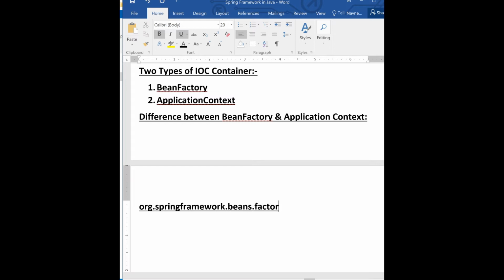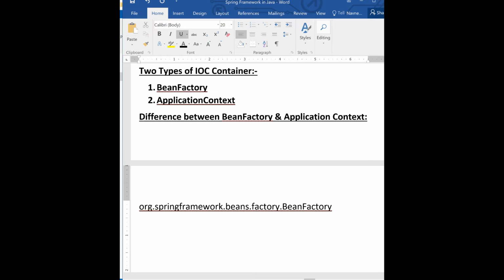Remember, stay and remember. Now this is a very small package, and we have a class bean factory. Sorry, this is an interface, and the other is also an interface. So we have two interfaces, bean factory and application context.